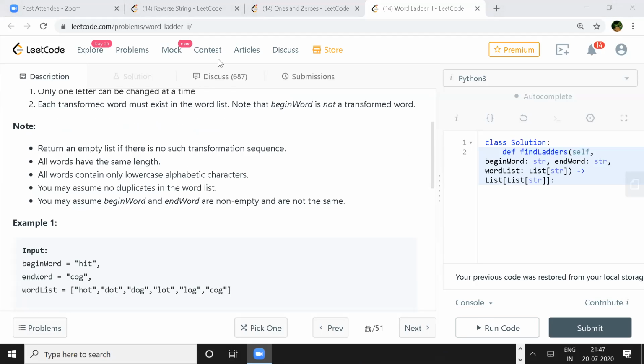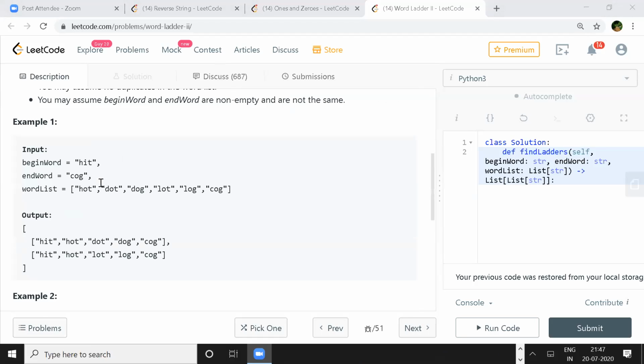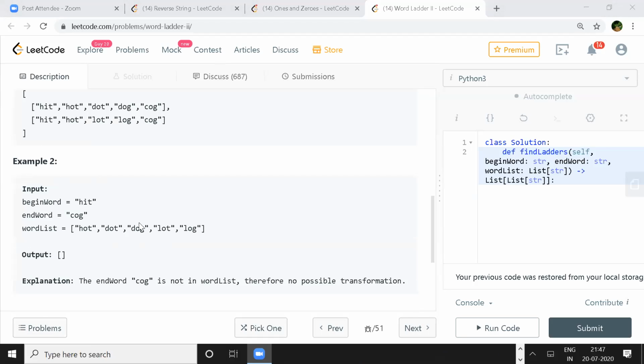But I thought as long as you can transition from one of the words in the word list to the end word, then that'd be okay, right? There is an example also like that. If you see the last example, it says that from the words that we have inside, we try to form an end word.